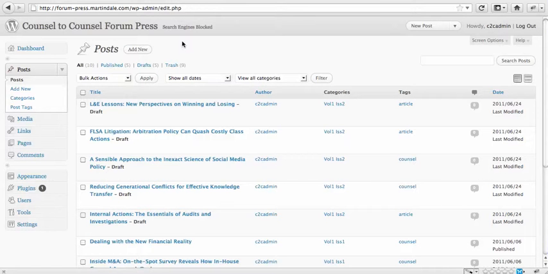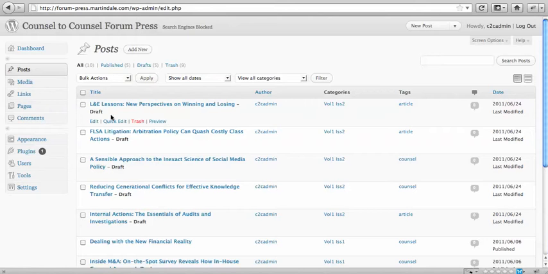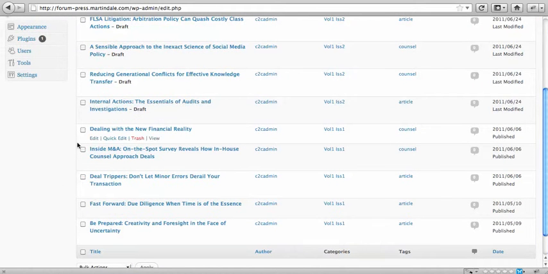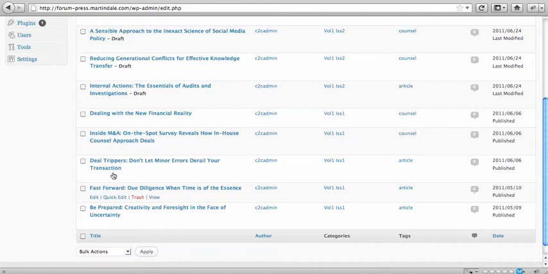Alright, now that we've got a general overview of how articles and posts are working together with issue pages and so on, we are going to get a little bit more in depth on where this content goes when you add it into the WordPress admin area back here. So right now I want to bring up an article